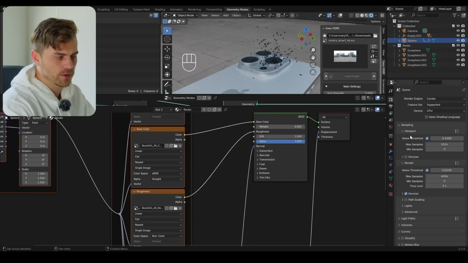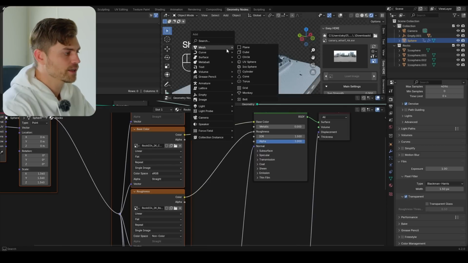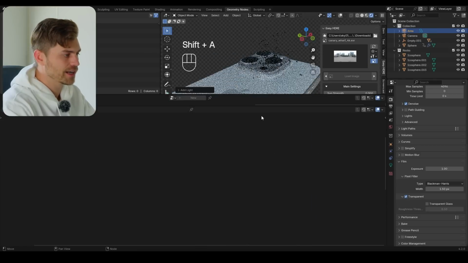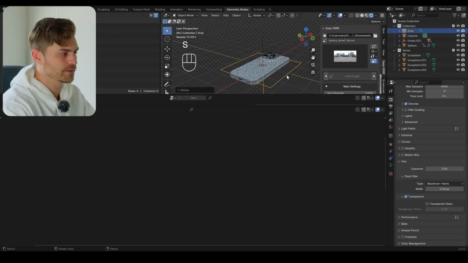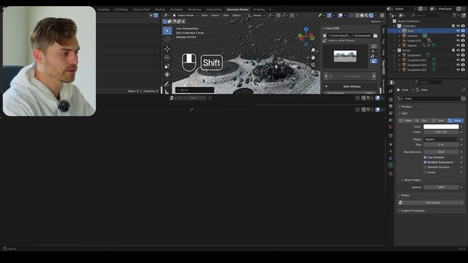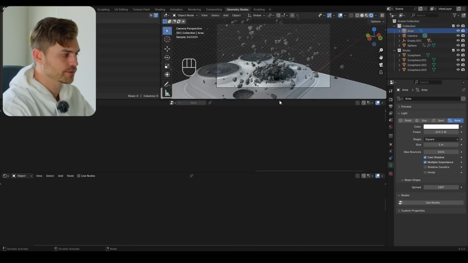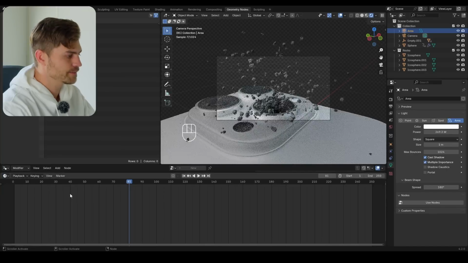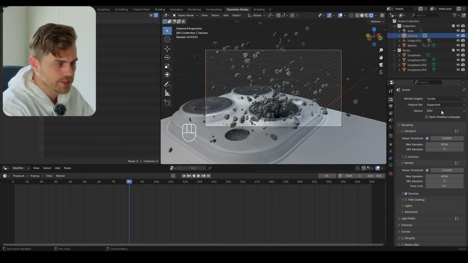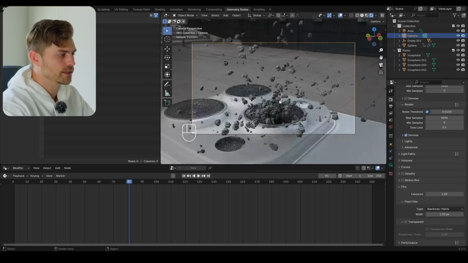What we can do is go over here, set the film to transparent because I don't want to see the HDRI. I'm going to add a light area lamp, increase this size and bring it upwards. Have it come from the side like this, increase the power, and maybe we can add a camera, like right over here. Press N, let's bring this down. Working in a very small screen right now, sorry guys. Set this to timeline again. And you know what, maybe the HDRI can exist. There's no problem, we can just simply make it transparent,